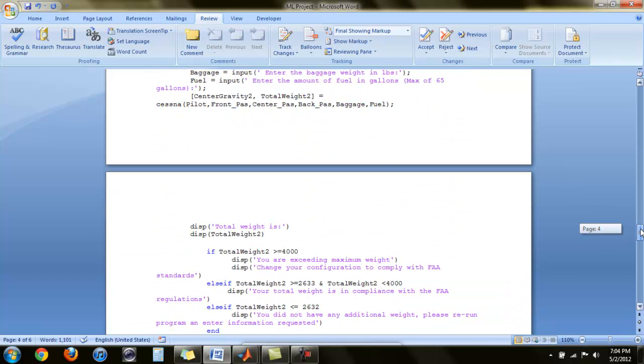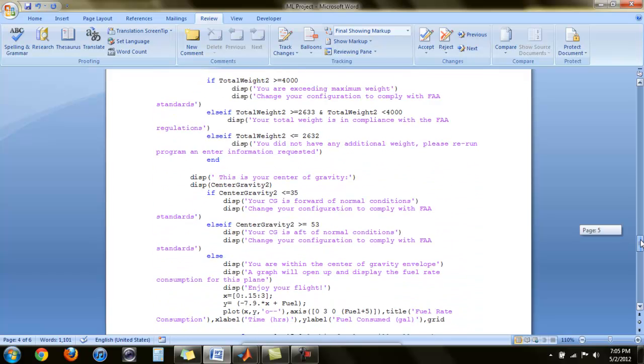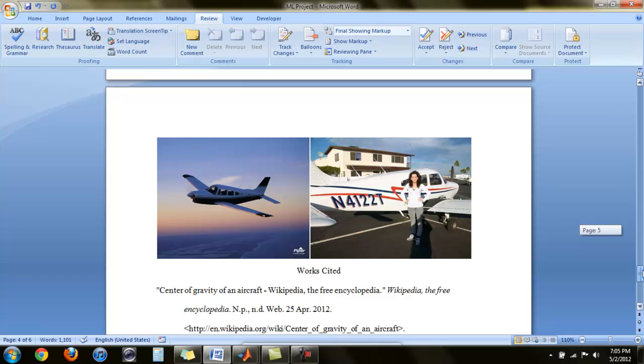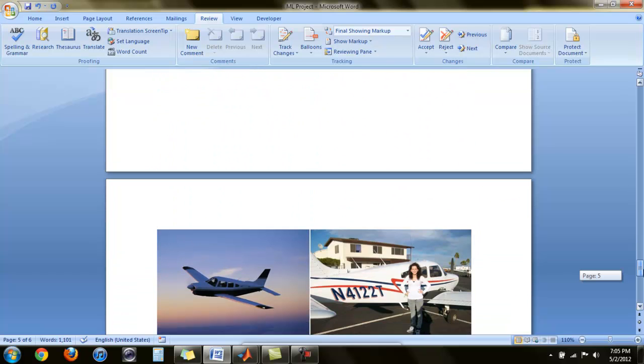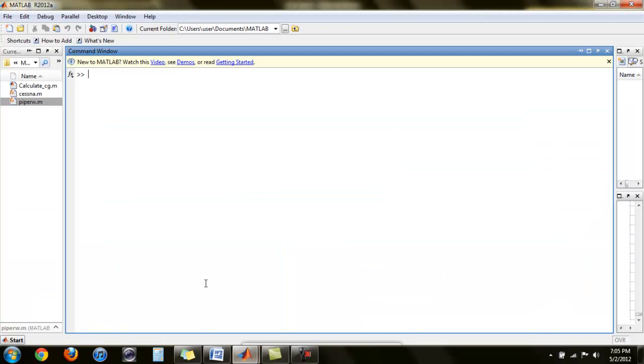So all of this code will allow you to do all these calculations. And this is just a picture of the Piper Warrior that I fly at Chandler Airport, and this is actually a picture of the day I had my first solo, so that was a very exciting day. And so let's begin. We will go into the program. So I called it